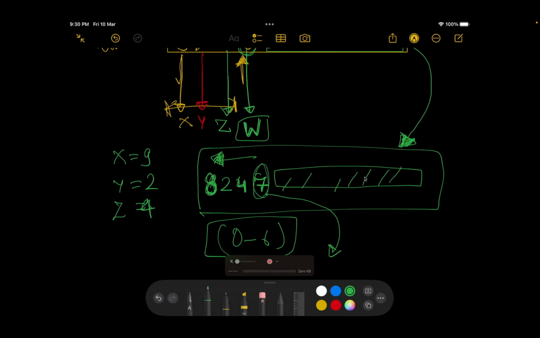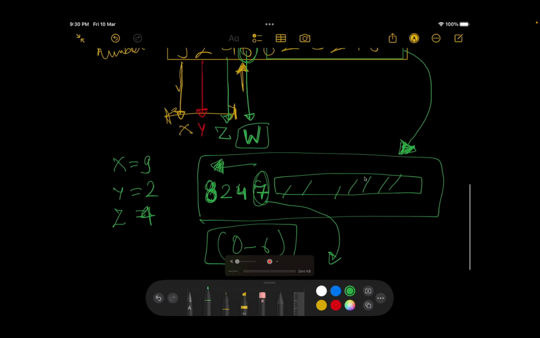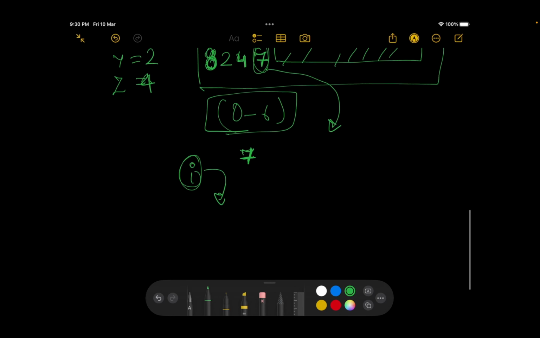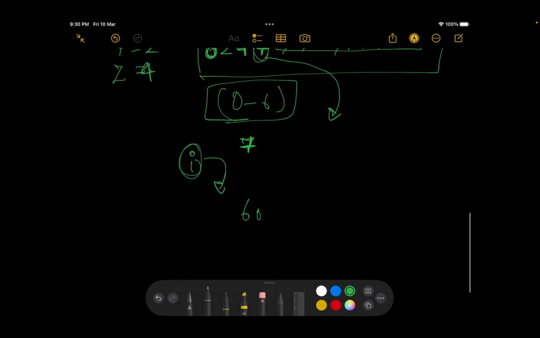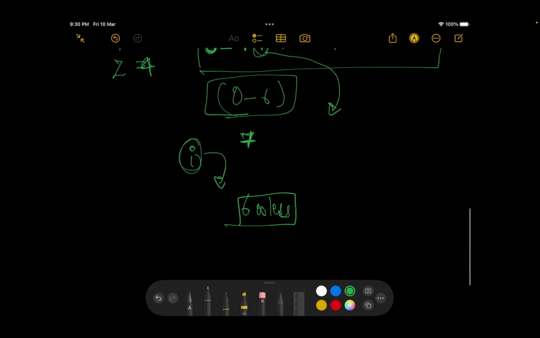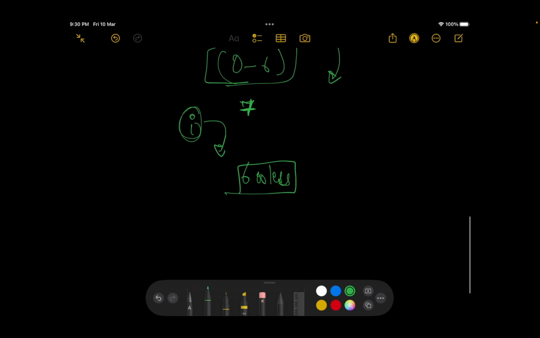Cool. So if I am changing a current element I and making it some other value, the value at I was, let's say, 7. Now if I make it 6 or less, then that means that this number has actually become smaller. Now you have to understand the way we write numbers, in any format for that matter.